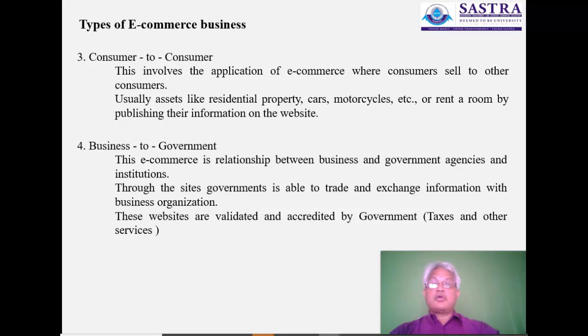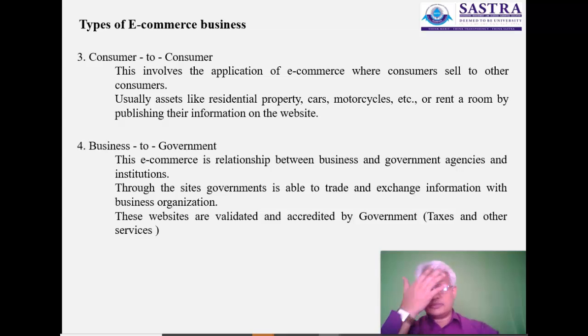So properties, maybe land, residential areas, cars, used motorcycles, used guitars, or even renting a room are all published on a website, and I guess you got it right, it is OLX. And people who want to buy used property for economical reasons, or even students who want to buy a motorcycle for a short period of time, can always go to these websites and purchase it at